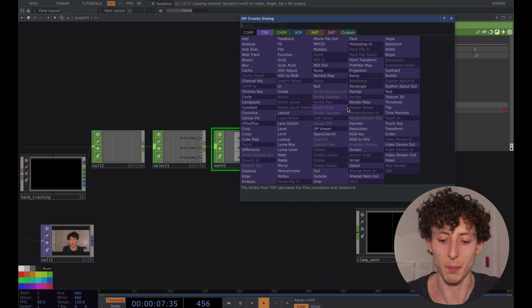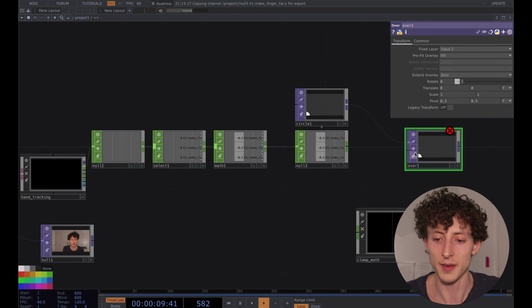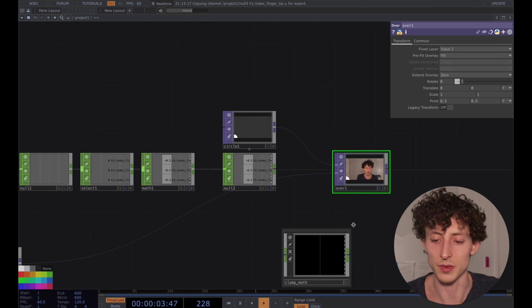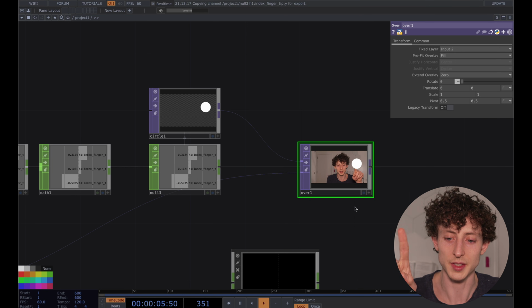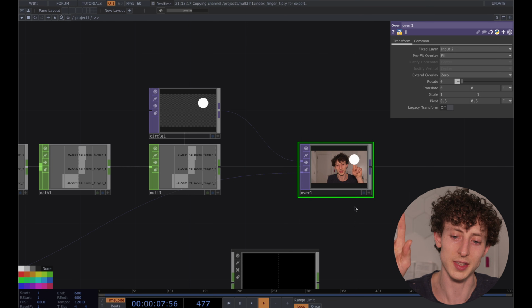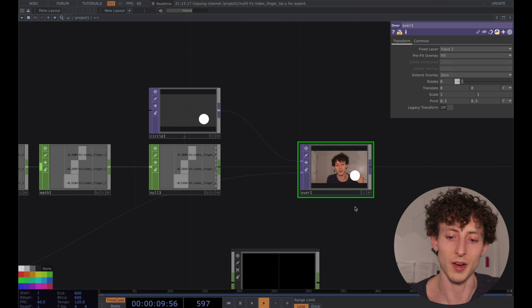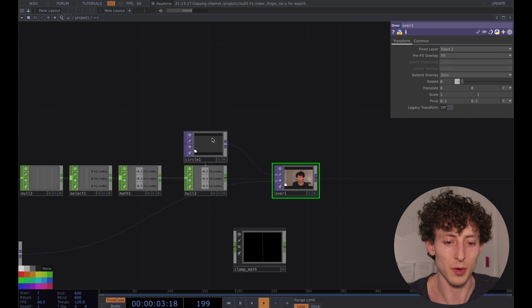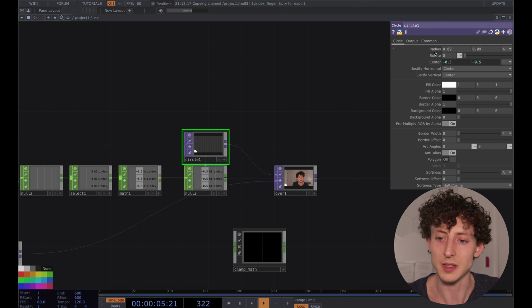And let's try compositing that over. There's an over top we can connect it to over our actual video. So we can see there, beautiful. We can select that out and map it very, very easily. That's kind of helpful for our brush, but the problem is you notice that in our interaction,